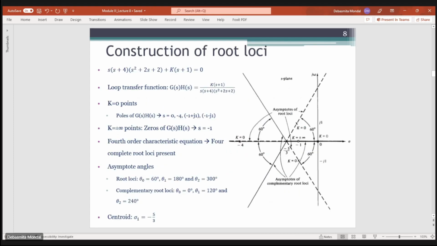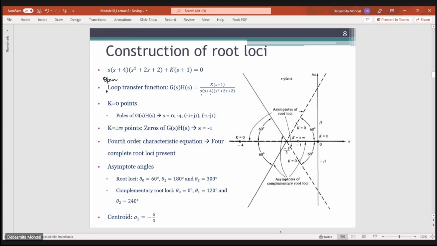Okay. Now let's see an example, then things will be more clear. Let's say you have been given a characteristic equation which looks like this. From here you can write that the open loop transfer function G(s)H(s) is equal to K times (s plus 1) divided by s times (s plus 4) times (s squared plus 2s plus 2). The first step in constructing this root loci is to find the K equals 0 points, which are nothing but the poles of G(s)H(s). So the poles are 0, minus 4, and